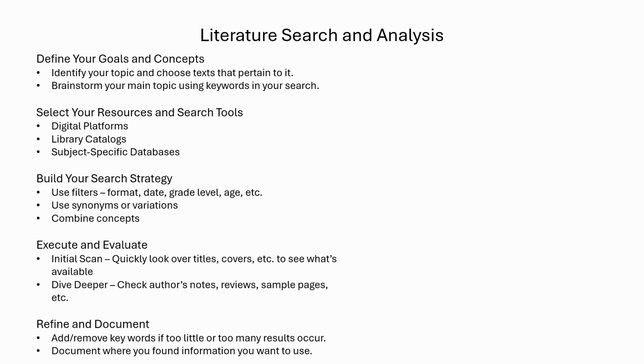When beginning a literature search and analysis, start by defining your goals and concepts. Identify your topic, select relevant texts, and brainstorm keywords to help guide you in your search. Next, choose your resources and search tools. Apply filters like format or grade level to narrow your search. Incorporating synonyms, related concepts, and other variations may give you better results. Then,